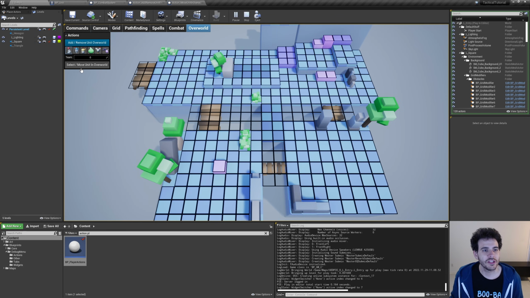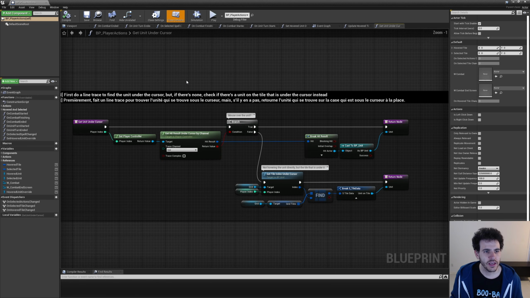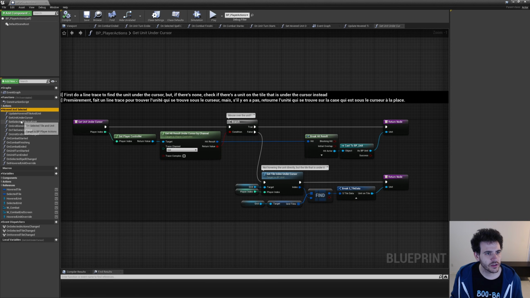Now the next step will be to select and move the units in the overworld. So I'm just going to add a few units right there, and then we're going to try to select them and then move. Okay, well, I cannot even select the unit because I don't know why it's not really working. That's great. Okay, let's go fix that, and that's going to be, I think, in the player action. And actually, I just have it right here. So I'm just going to open a BP player action, and we're going to go in the function that selects the unit. So over and selected right here, we have the